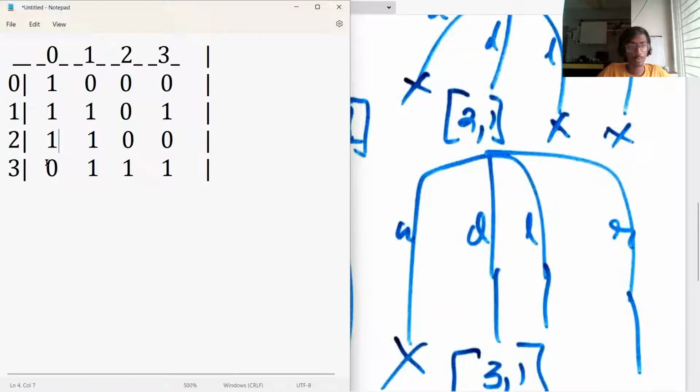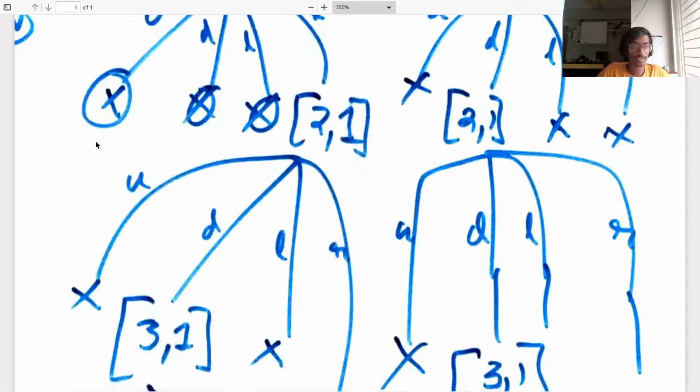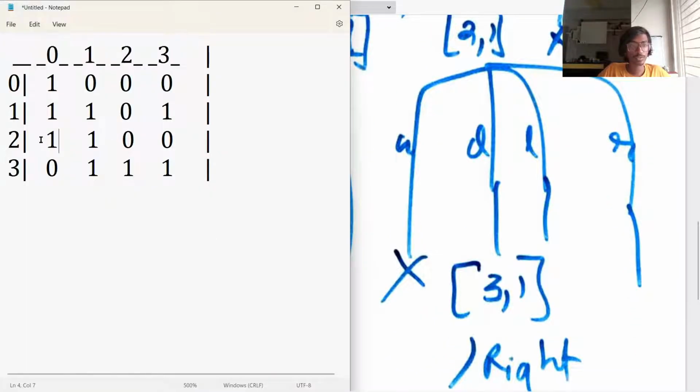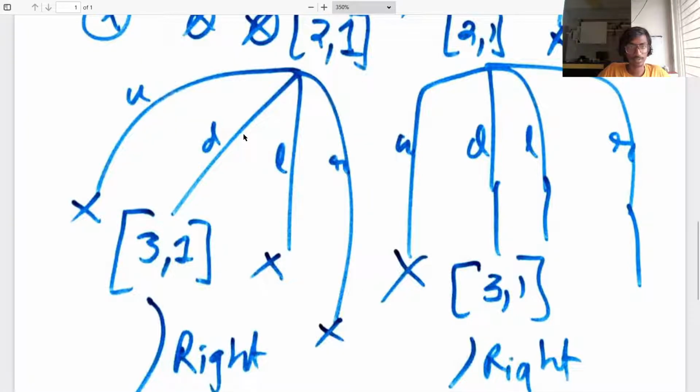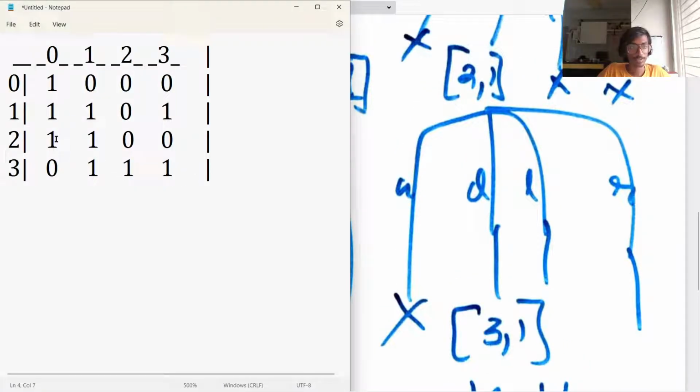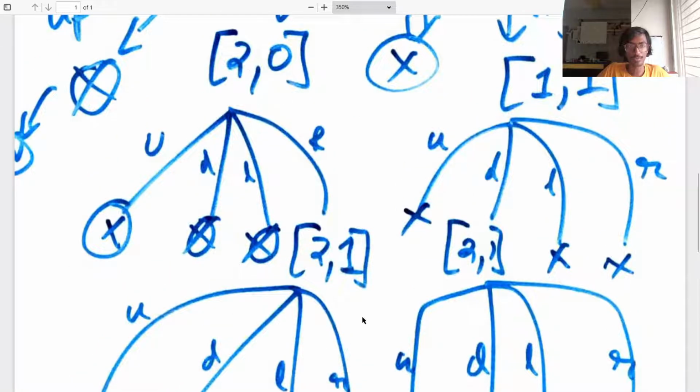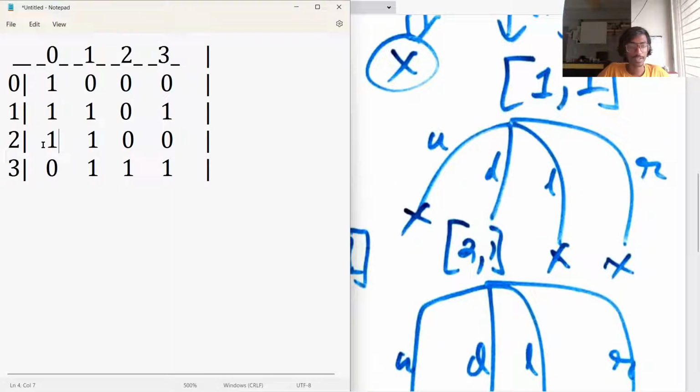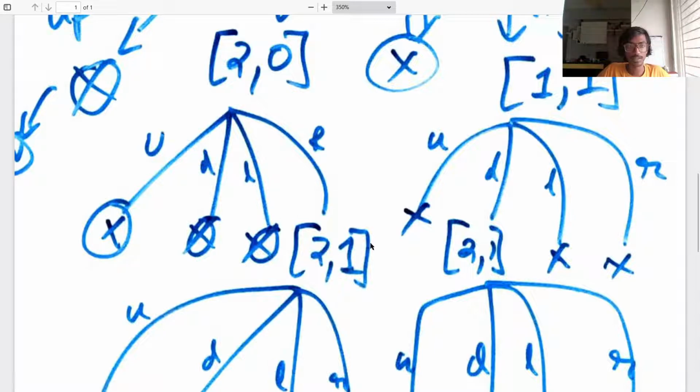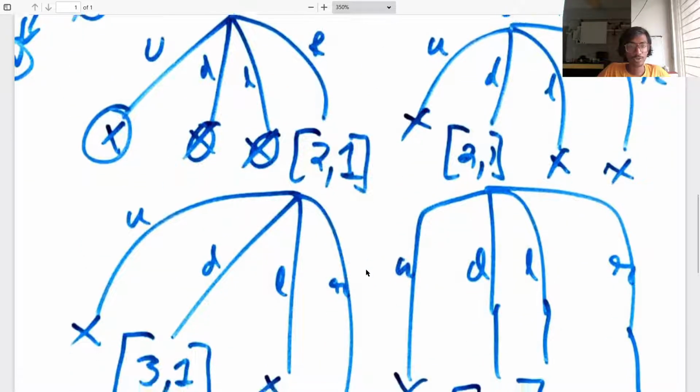So we are at 2 comma 1, and then the only option we have is we can go to 3 comma, not 3 comma 1, after 2 comma 1, wait a minute. So from 2 comma 0 we can go to 2 comma 1. Yeah, so from 2 comma 0 we can go to the right and go to 2 comma 1. That is the only way we have. And after going to 2 comma 1